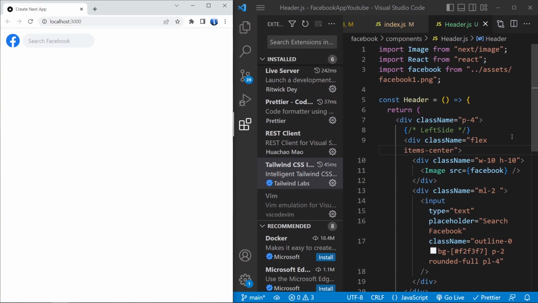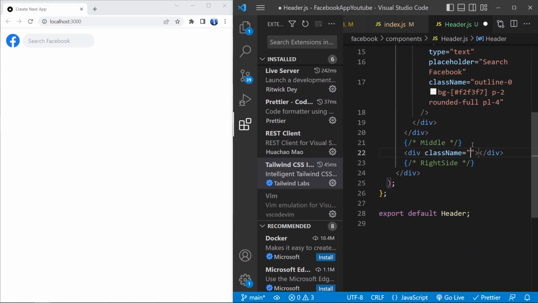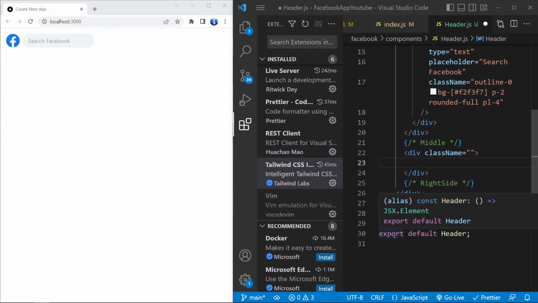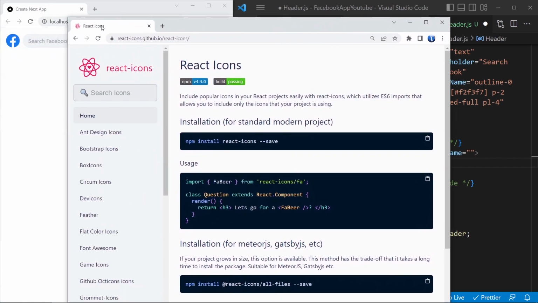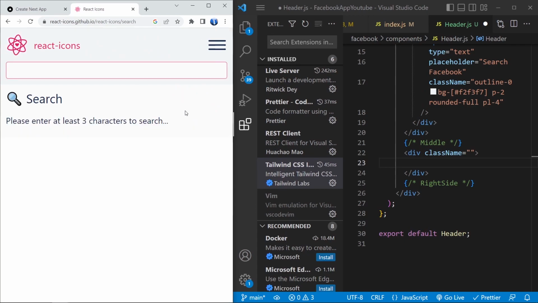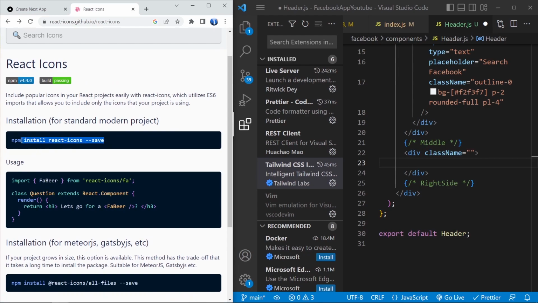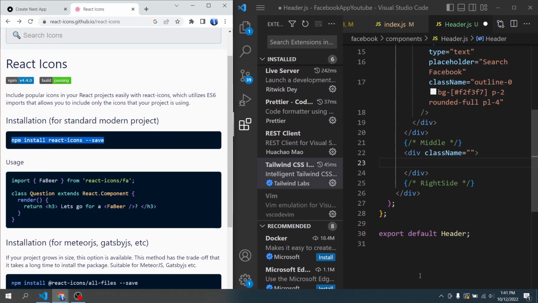Now let's go to the middle part. So inside the middle part I'm gonna create a div, and inside this div we are gonna have the icons from Facebook. So to install the icons, we are gonna go to React Icons. React Icons, it's a very popular library where we can get some cool looking icons. Okay, so if you go to their first page, let's install React Icons. Copy this,